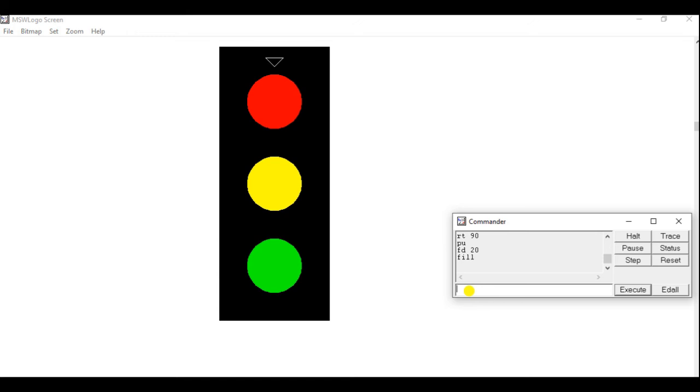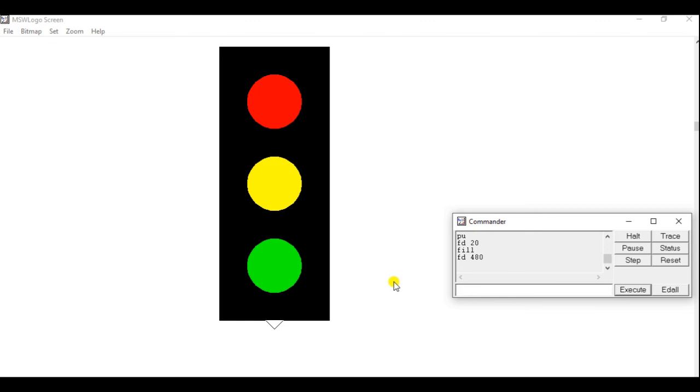Yes, it's done. Now we want to draw a line here. So I will take my turtle up to here without drawing any line. We have already used the PU command, so no need to use the PD command. Just type FD space 480, because we moved forward 20, this 500, and we moved forward this 20. So we will take 480 here.